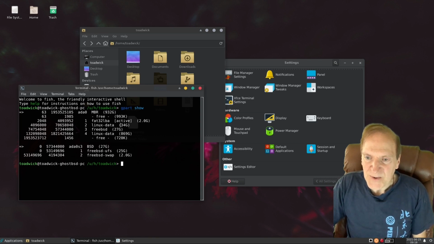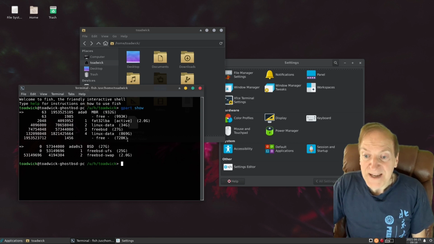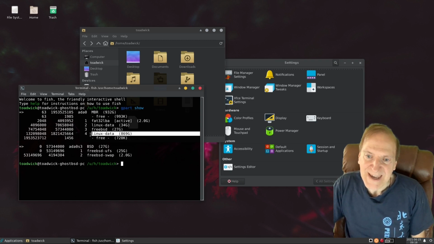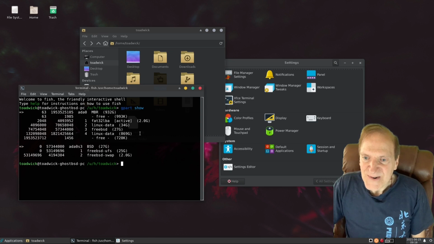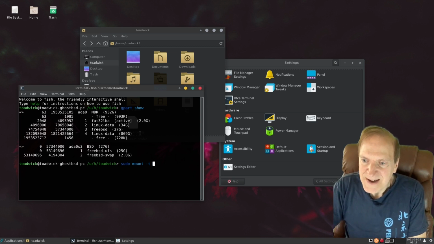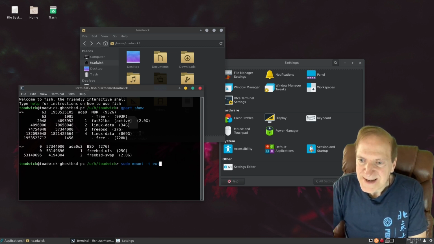And so, for example, the one I would really want to mount if I was using this as a semi-daily driver would be my home partition. I have that on a separate partition, and that would be SDA4, or in this case, it would be ada0s4, and that's this one here. So ada0s4. But to mount it, I would say sudo mount -t ext2fs